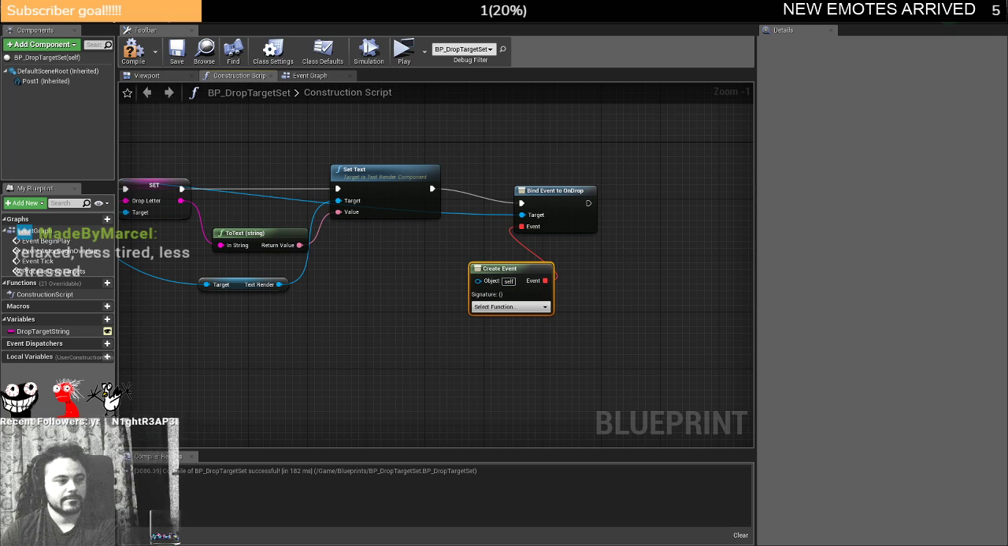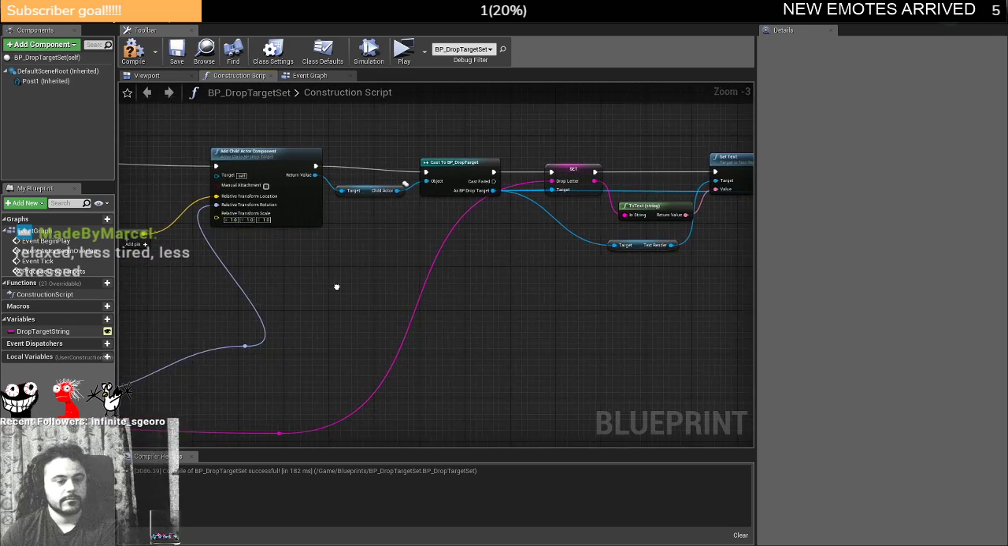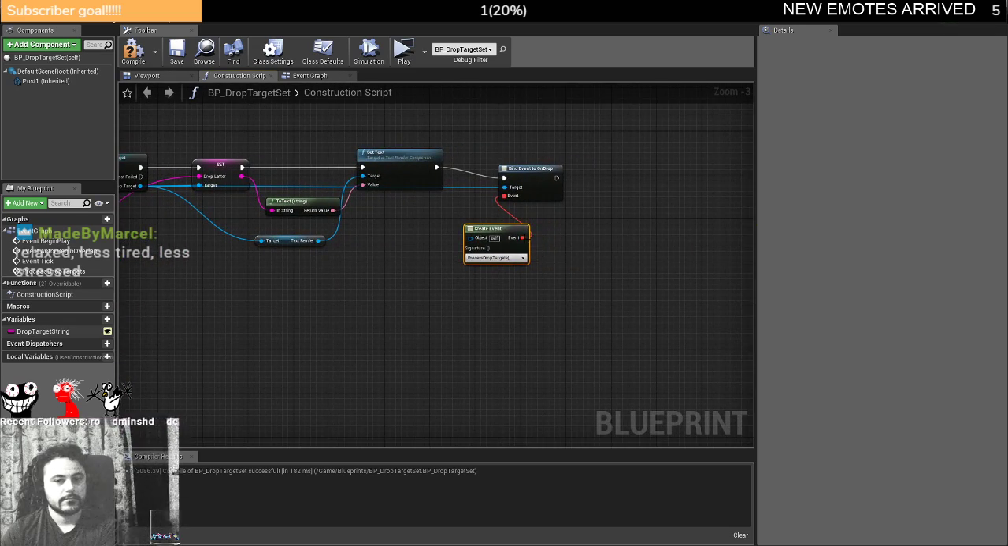At which point I'm going to select process drop targets as a function. This means that when onDrop gets called on this child actor component that we've created, it's then going to call process drop targets on this actor. So whenever we call process drop targets,